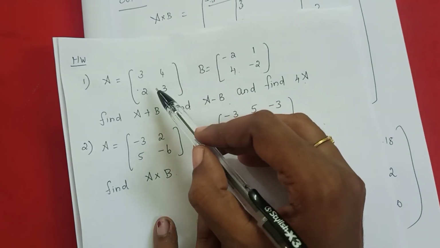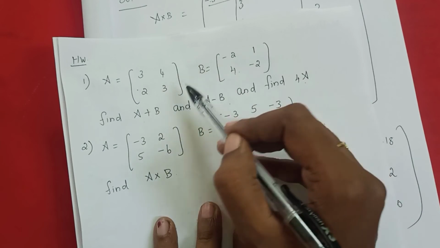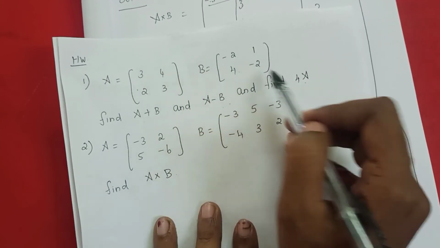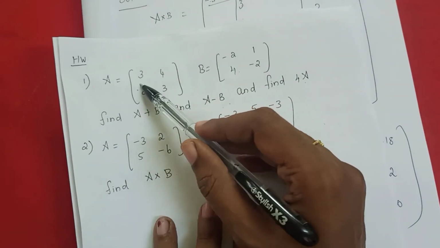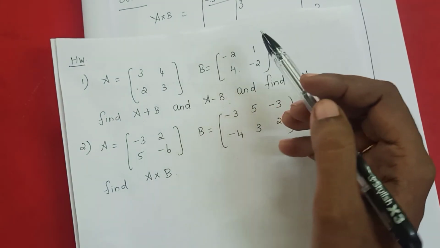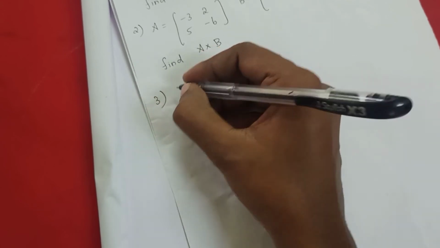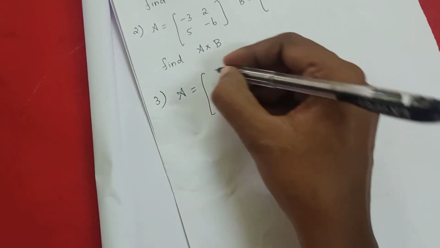I taught you. A plus B, how will I find it? We will add. Subtraction means we will subtract. Multiply with the scalar means multiply each and every term with 4. Now I have taught you, 2 questions I have given. Then one more you write it. A is equal to